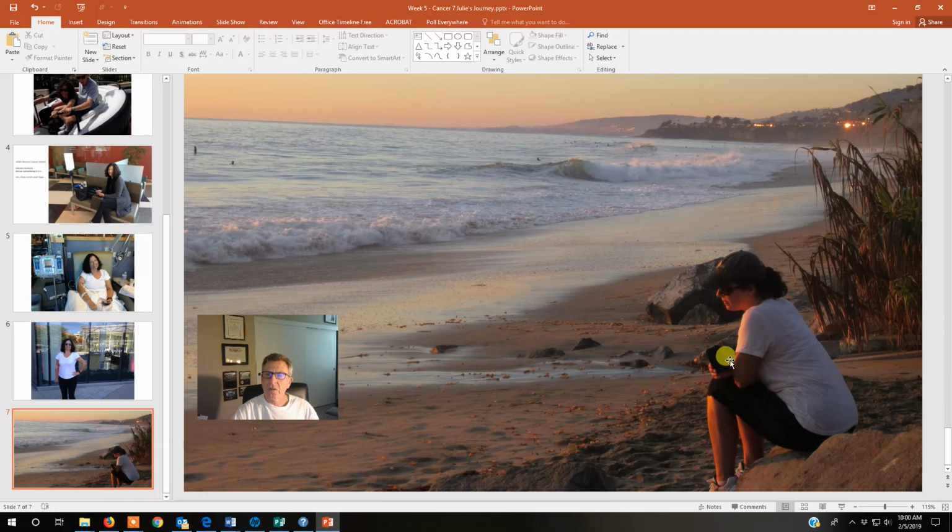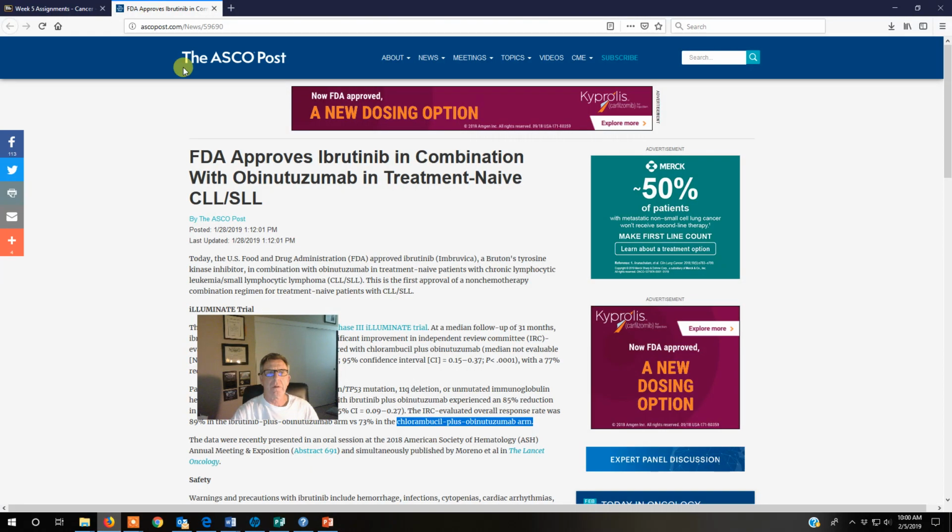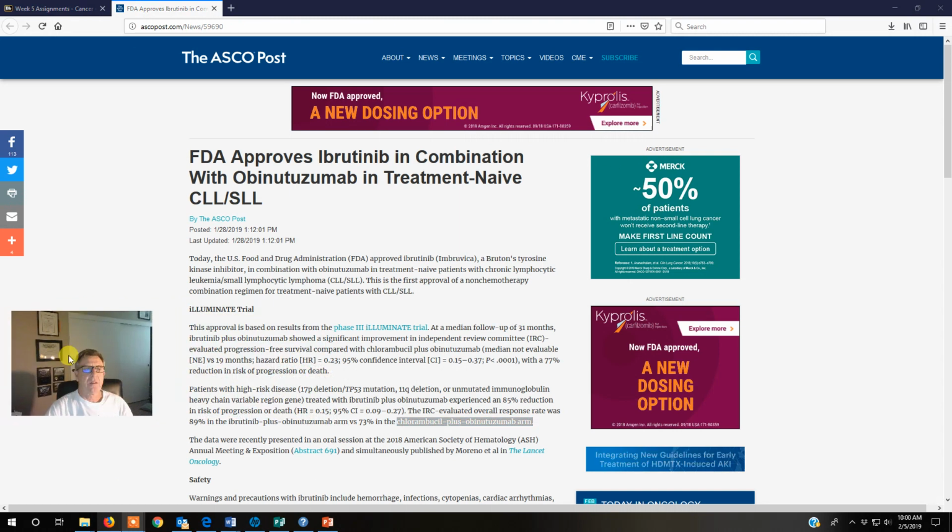So the good news is she's been in this trial for 2.5 months, okay? And this just came out right here, okay? And I announced it to my courses on cancer, but you see the drug that she was taking, this ibrutinib combination with obinutuzumab. You see this just came out, the news came out on January 28th, 2019, that her clinical trial was super successful.